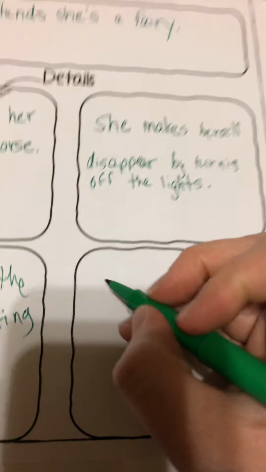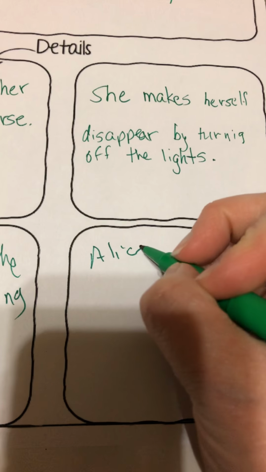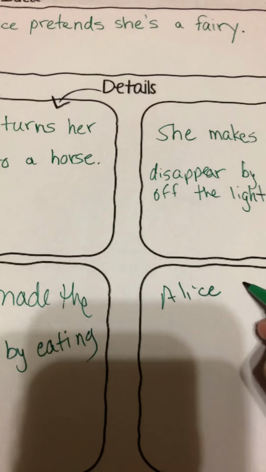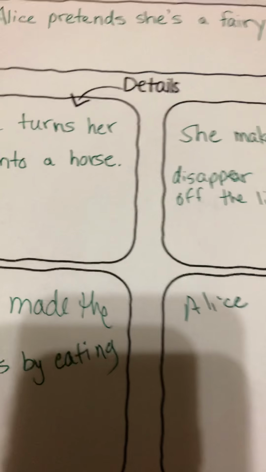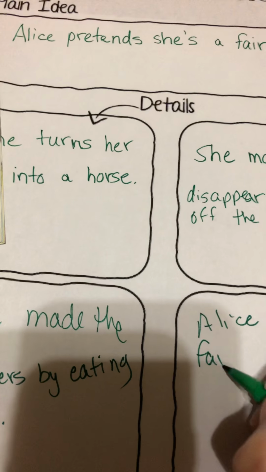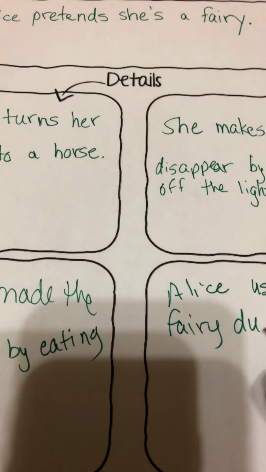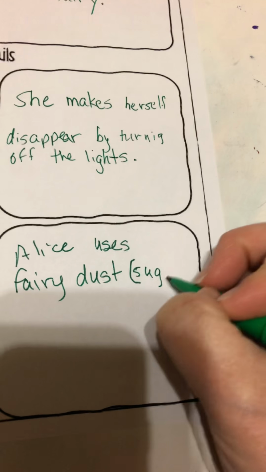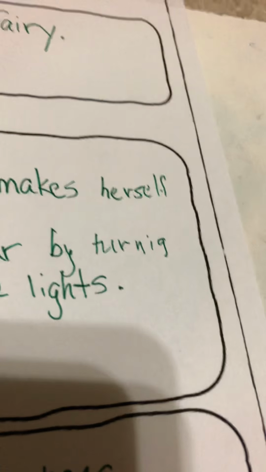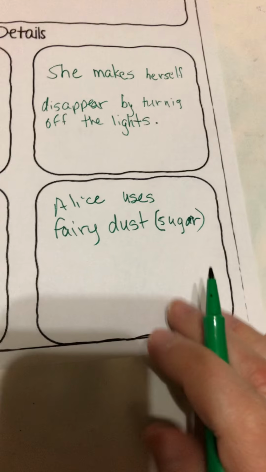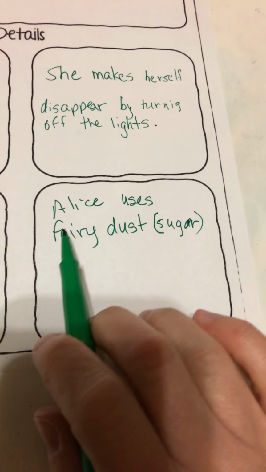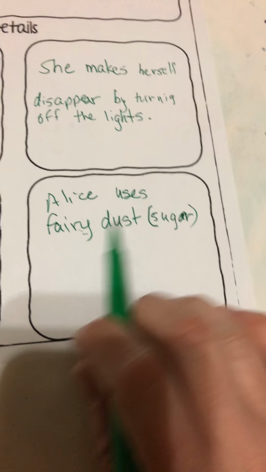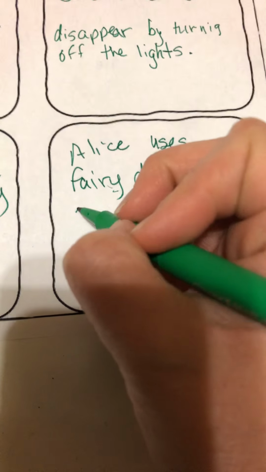So we're going to write in the last detail box, Alice uses fairy dust, and then I'm going to use parentheses, sugar. This is hard to write. So parentheses kind of tell a little bit about what came before it. So she uses fairy dust or sugar to turn oatmeal